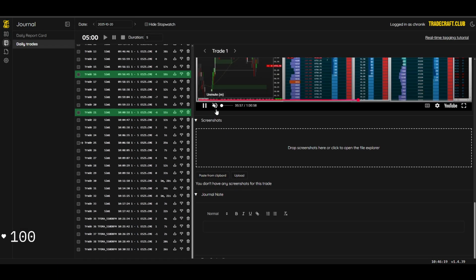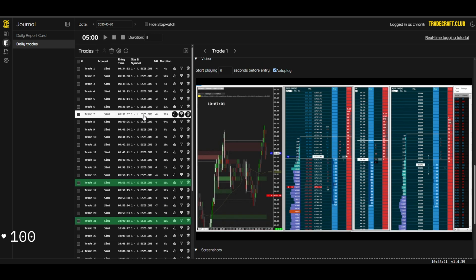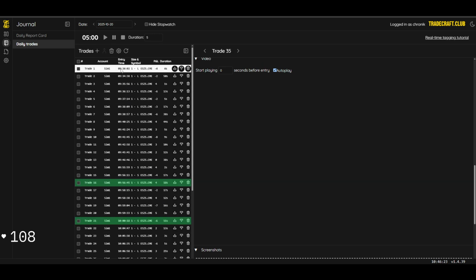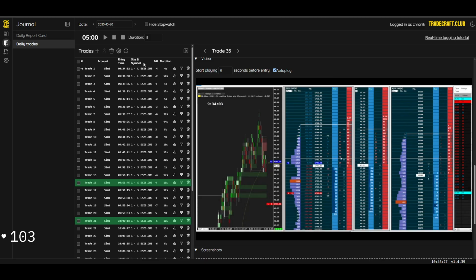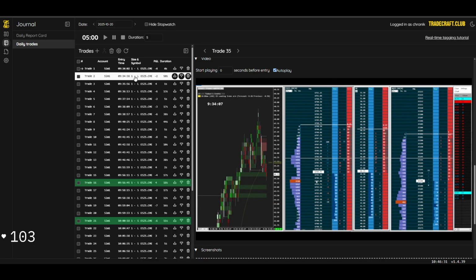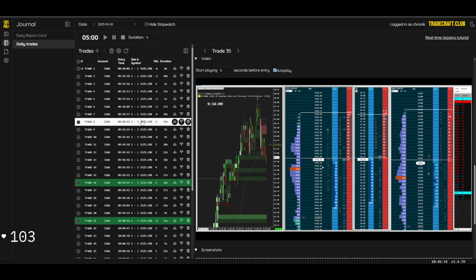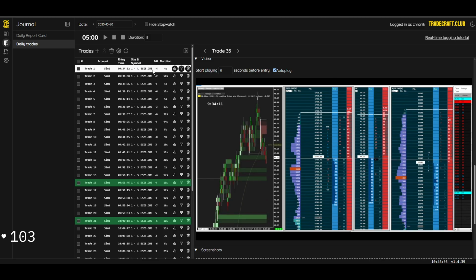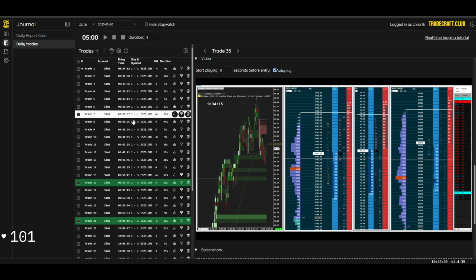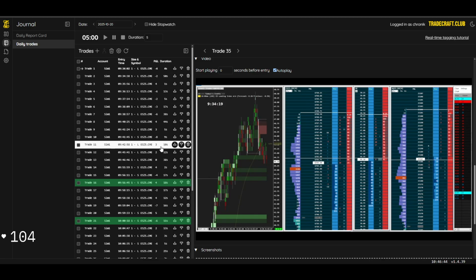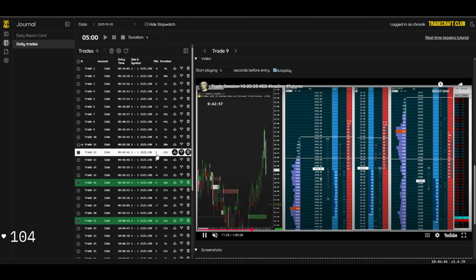You're gonna see here that I have a whole bunch of sim trades. I had started the day drilling, and let's take a minute to look at the drills first. You can see I had a pretty rough start, which is good. I want to make a lot of mistakes when I'm drilling. That's the best way to learn. And then I hit a pretty good consistency here,